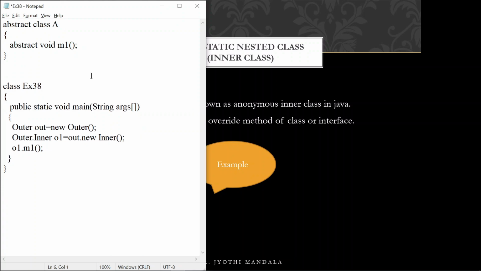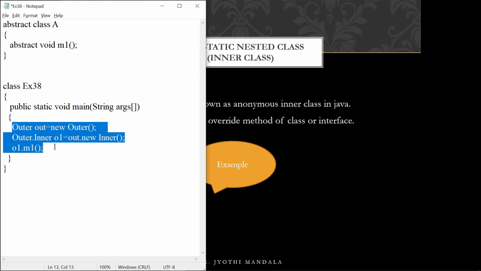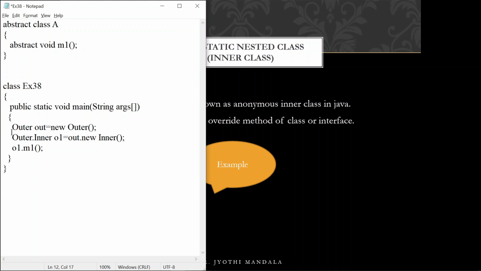Now in my EX38 I am creating the main method, and in the main method I can create an object of this class like this. A equal to new A, and here only we can create the definition for this method also.